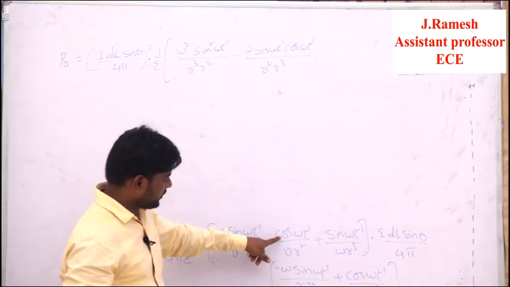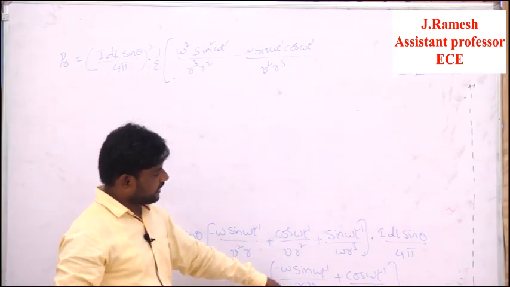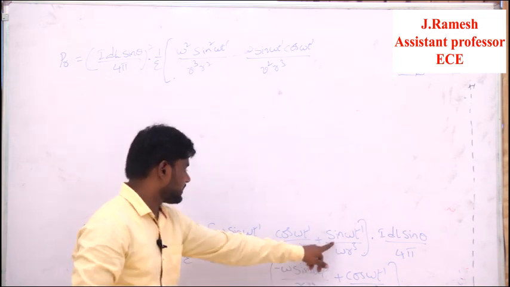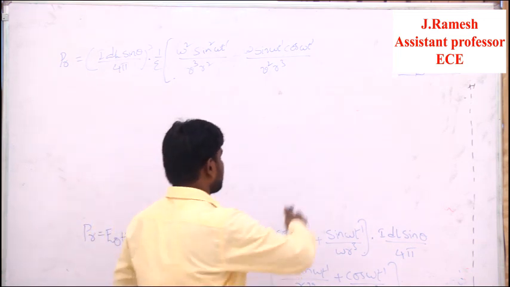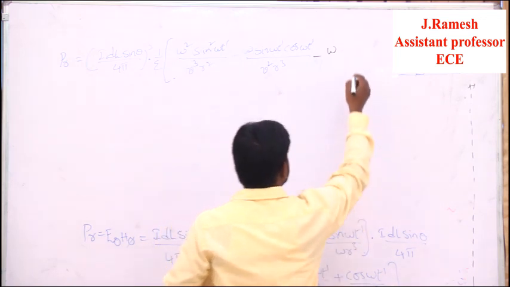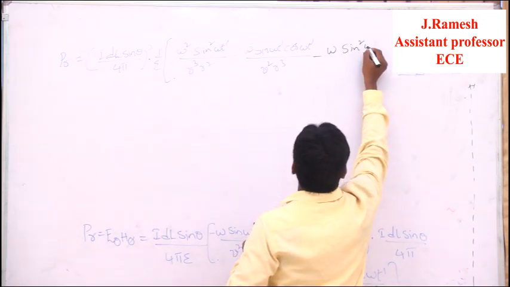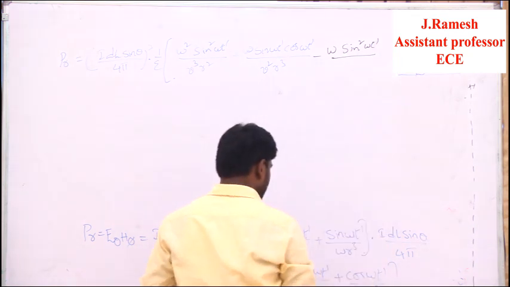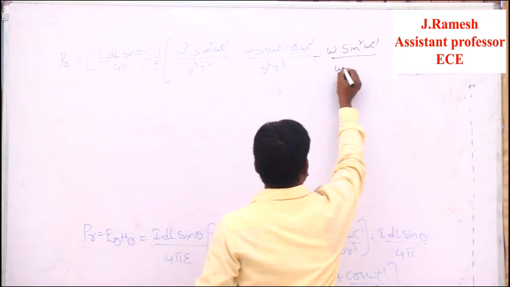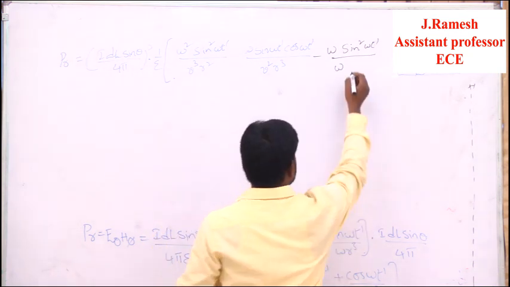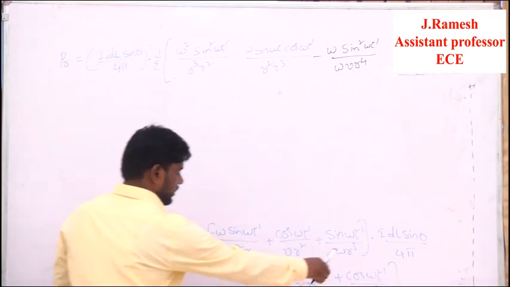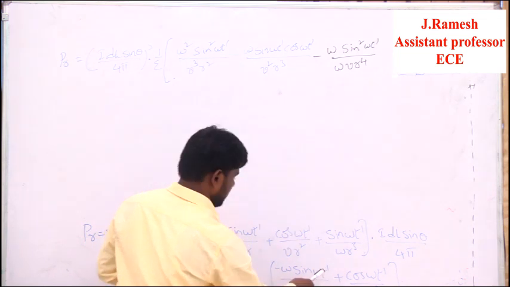Okay, so the second term is multiplied with the first term. Again, the third term is multiplied with the first term. So here I can get sine into sine, sine square, but the problem is minus omega is there, and sine square of omega t dash by, here again omega into r cube and omega. So omega will come here, r into r to the power of 4, and b is there.